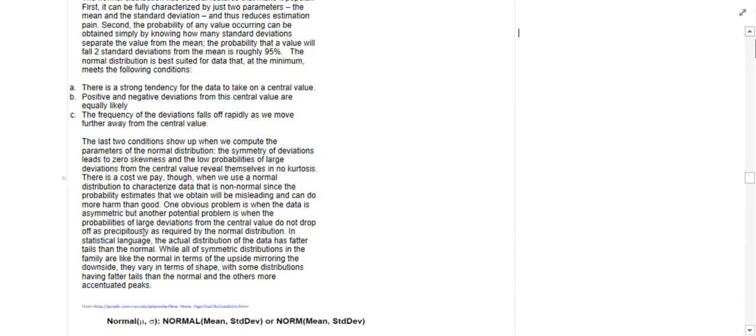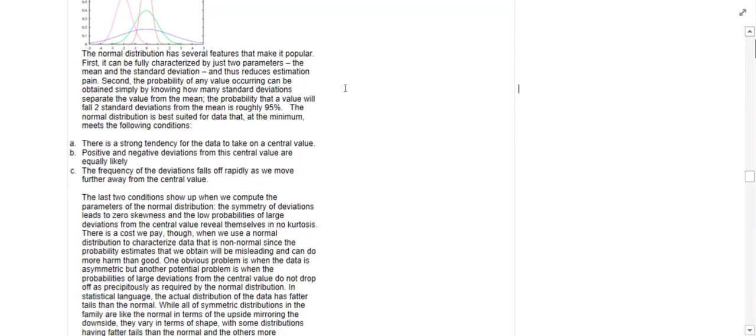another potential problem is when the probabilities of large deviations from the central value do not drop off as precipitously as required by the normal distribution. So in statistical language, the actual distribution of the data has fatter tails than normal. All the symmetric distributions in the family are like the normal in terms of the upside mirroring the downside, but they vary in terms of shape, with some distributions having fatter tails than the normal and others more accentuated peaks. So there's a couple other distributions that are out there,